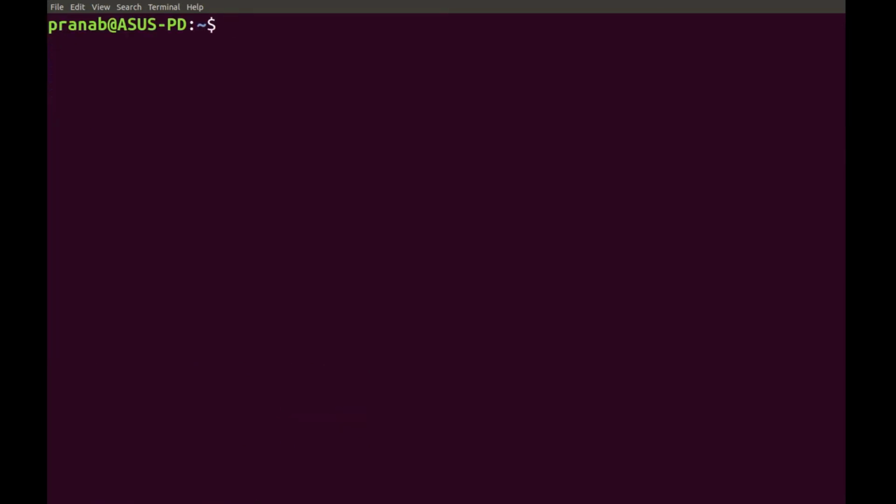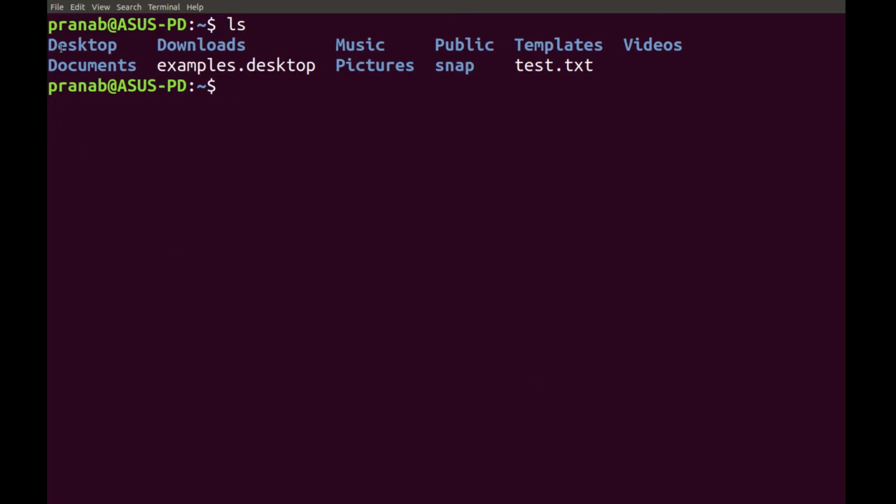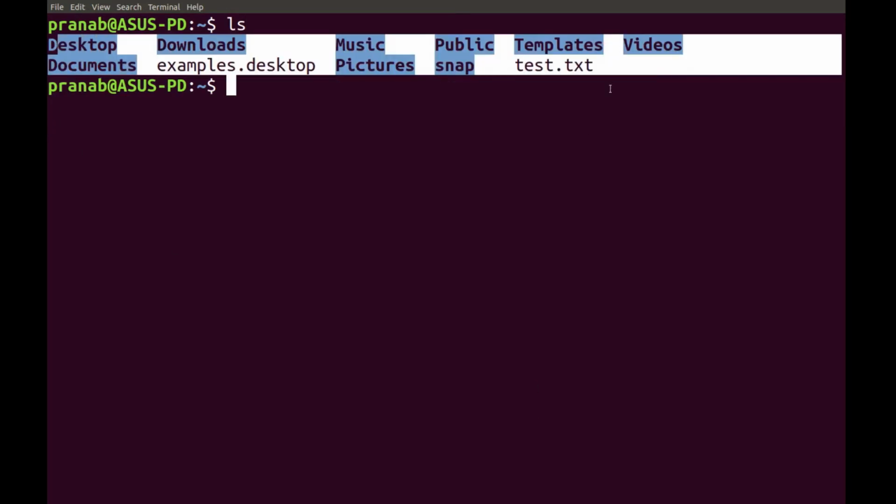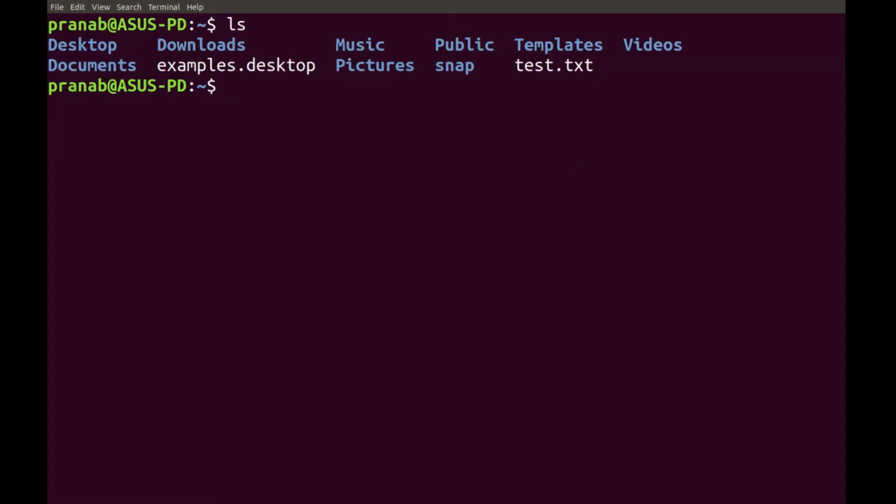The other command is the redirection operator, the greater than and double greater than, these two. Let us look at this operator. Suppose that when I type the ls command, the result is displayed onto the terminal.